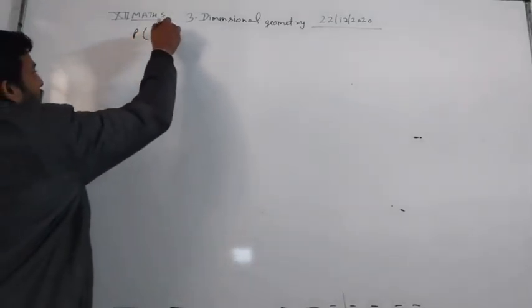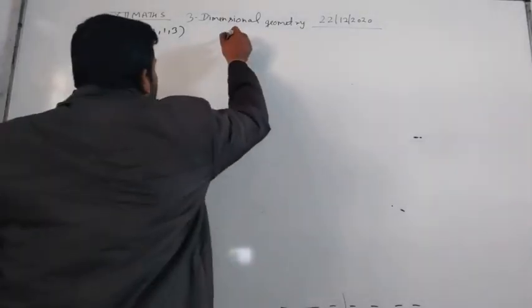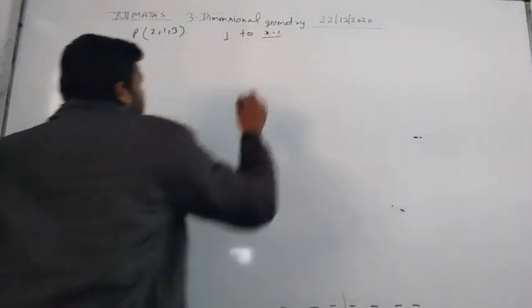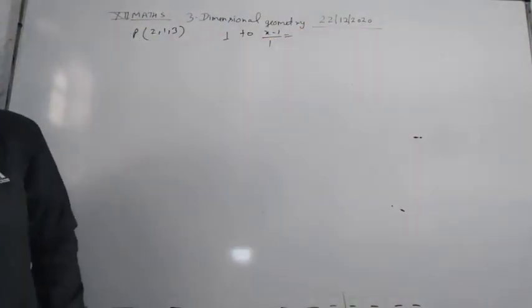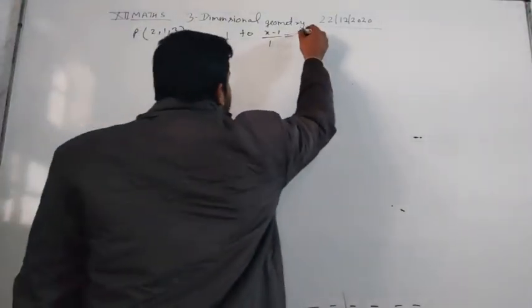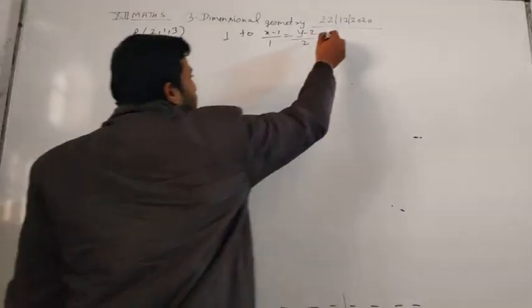Next question is, student: find the vector and Cartesian equation of the line passing through the point 2, 1, 3 and perpendicular to the line x minus 1 by 1, which is equal to y minus 2 by 2, which is equal to z minus 3 by 3,